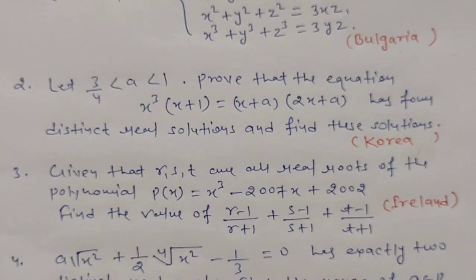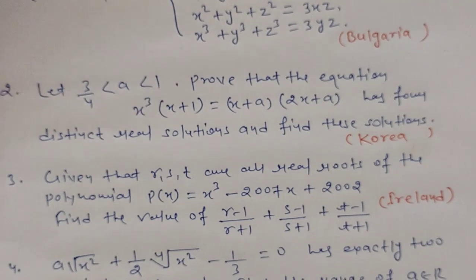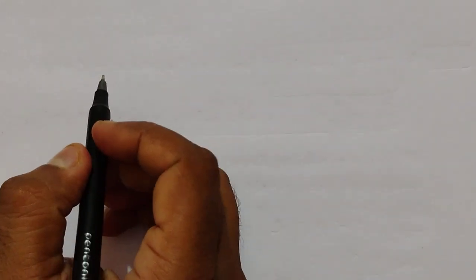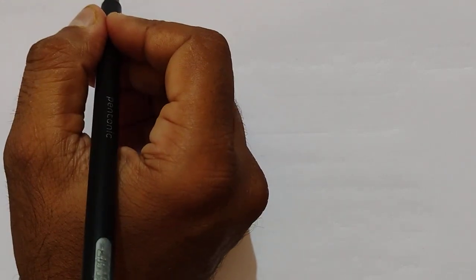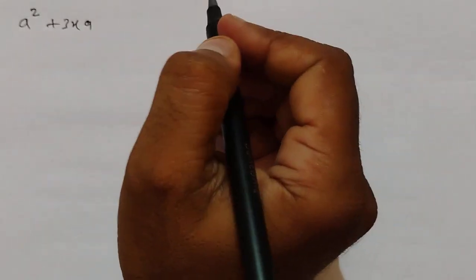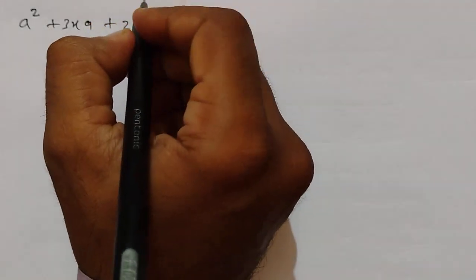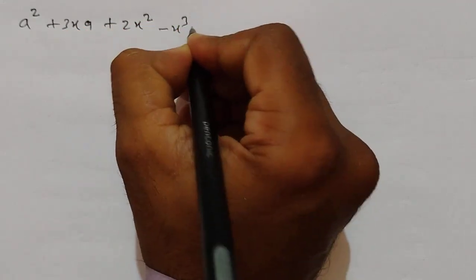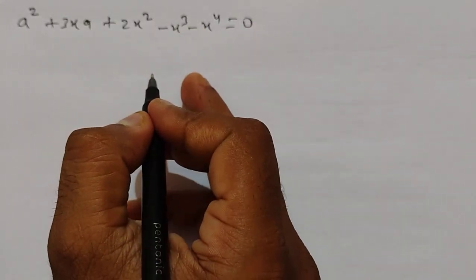So now to solve this, we can consider the equation as a quadratic in a, in the form a square plus 3xa plus 2x square minus x cube minus x4 is equal to 0, and the discriminant of this equation